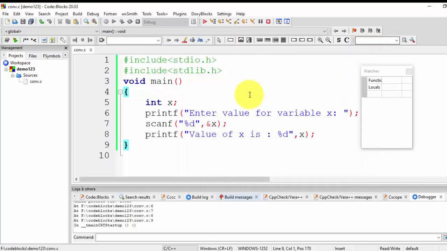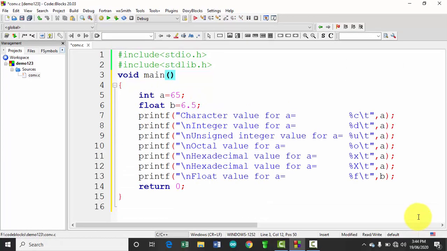Now we will see the use of different conversion specifiers. So first we are declaring two variables, variable a and variable b. The variable a has data type integer and variable b has data type float.